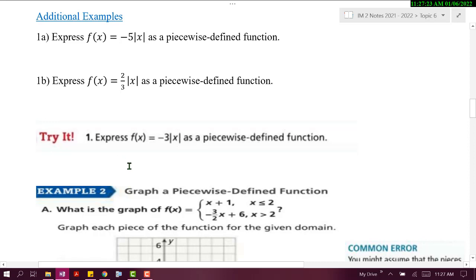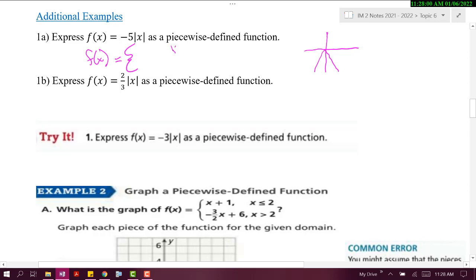Express f of x equals negative 5 times the absolute value of x as a piecewise defined function. All right, well, let's just sketch a picture. What do we know about it? It's going to be very narrow, and it's going to be opening down because of the negative 5. So on this first half, all right, let's use f of x equals,